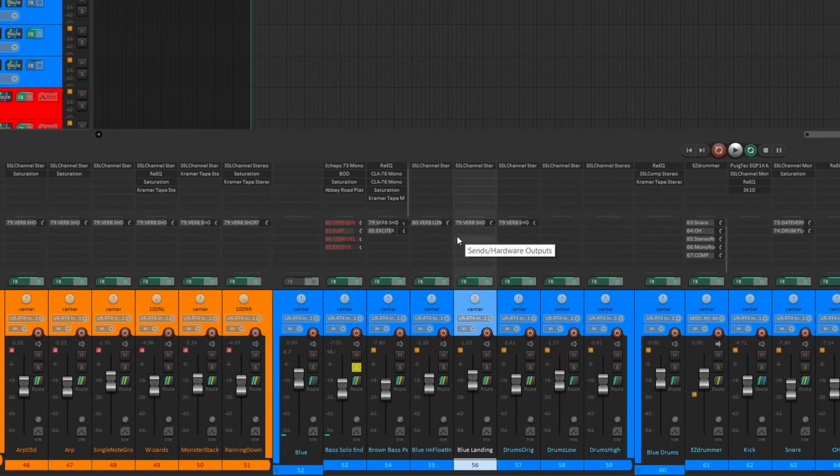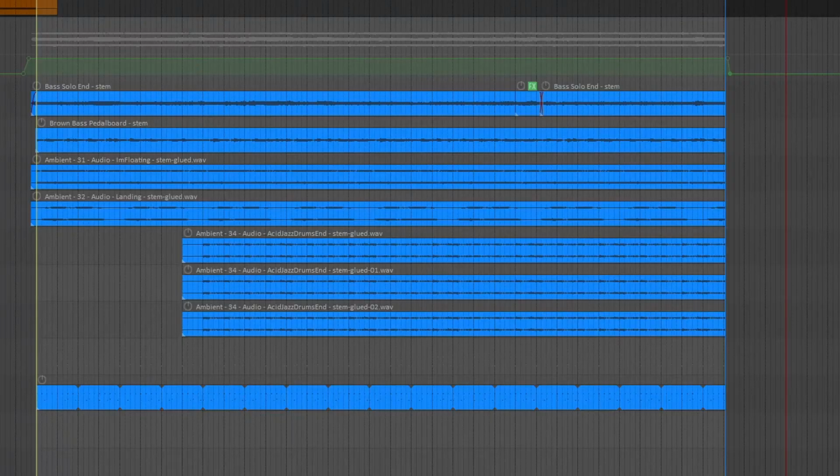So then I added a bunch of my standard sends on it, to try to get that airiness and that, like, I called it a tin can sound in the first one. Both verbs, a delay, a slap, and an exciter. So I add all those on at once and just play it now. And alone, it doesn't sound great, but when you add it to the whole mix,